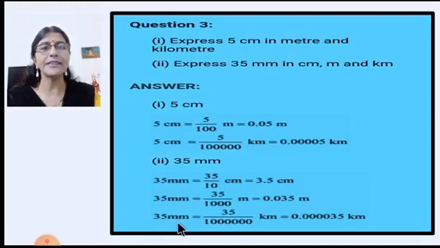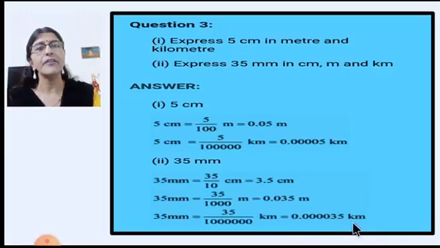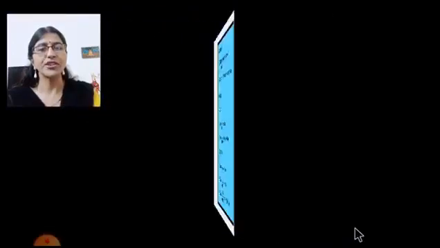Next again here, 35 millimeter to kilometer. So here 35 upon, now here you count how many zeros are given? 6 zeros. That means it is 10 lakh. 35 upon 10 lakh kilometer. And then we will convert this into decimal. So here 2 places are taken by 5 and 3. Now how many zeros will we add here? 4 zeros, 4 zeros and then 3 5, and before this zero we will put a decimal point, and before the decimal point 0, and then the unit has changed from millimeter to kilometer. Now let us go to the next question.